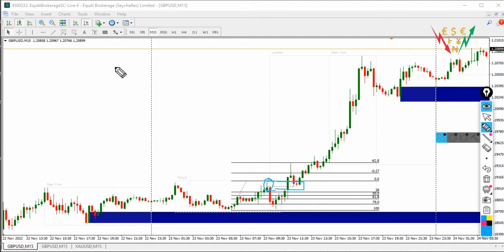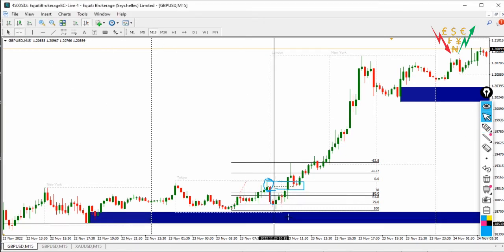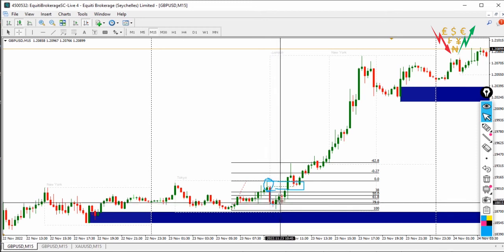No, I don't trade that way, and we're on the lower time frame, guys. I actually traded this market for just very small pips, to this 79.0 level. You can know why I did that if you look at the way the market has been playing out over the previous days. This is exactly where the target is, and this is exactly where I got my killer entry, just right here.